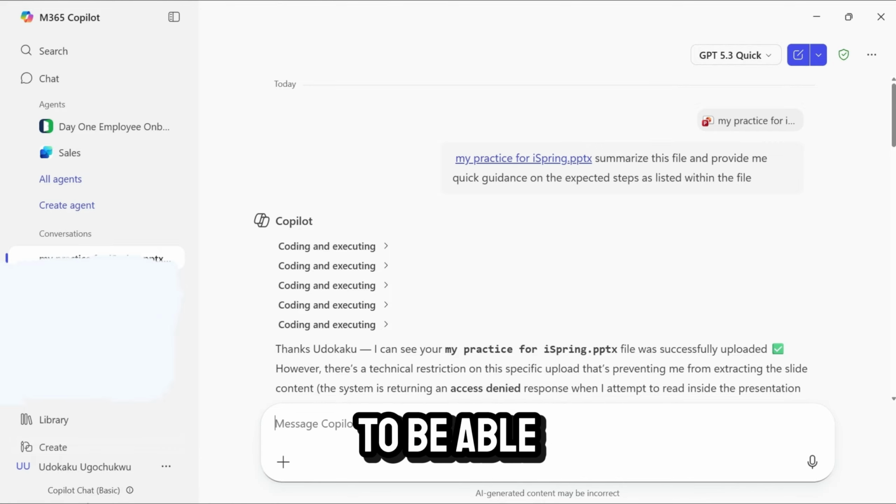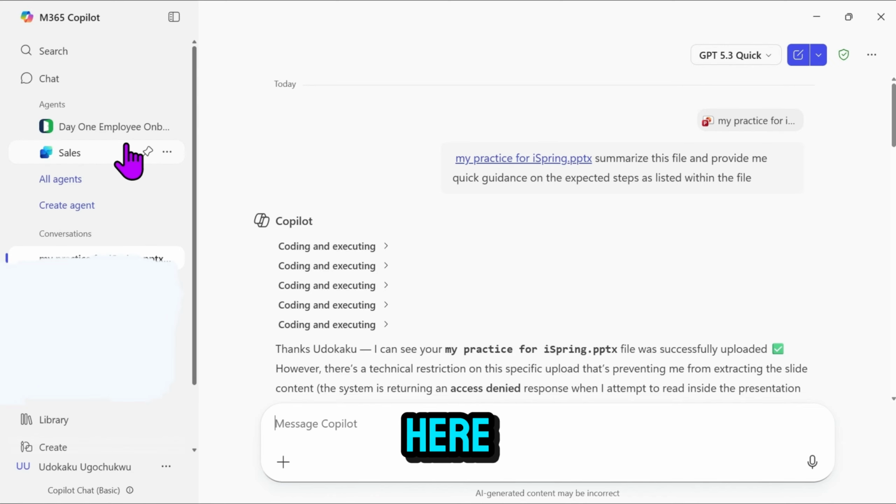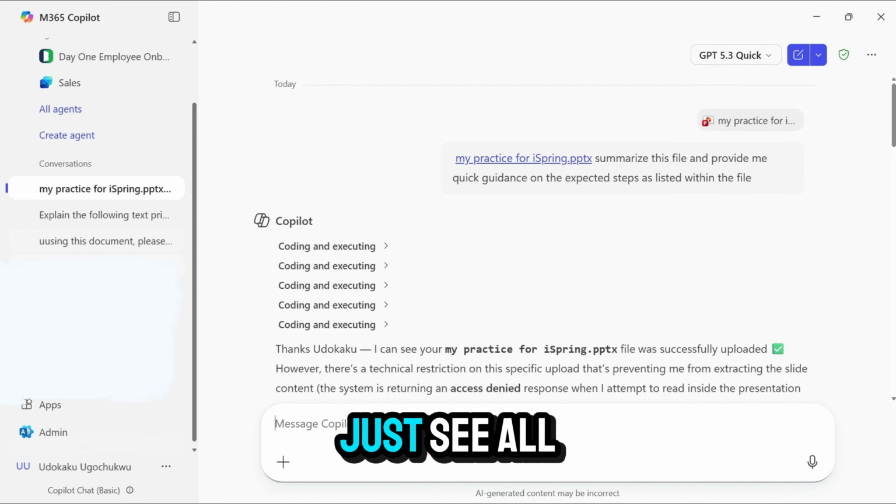You're also going to see Copilot Chat Basic at the bottom. That also signifies that you are on the free plan. If you see Copilot Chat Premium, it signifies that you're on the premium plan. Now you have all your agents here, and if you scroll down, you can always see all of the